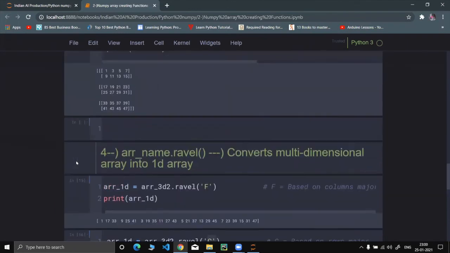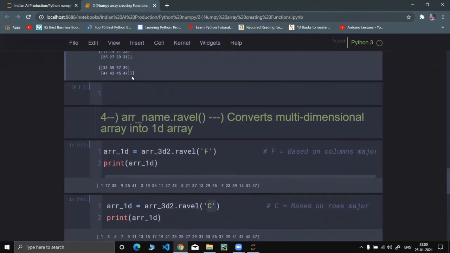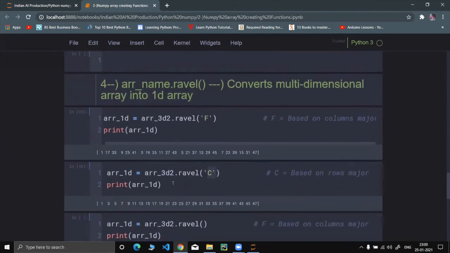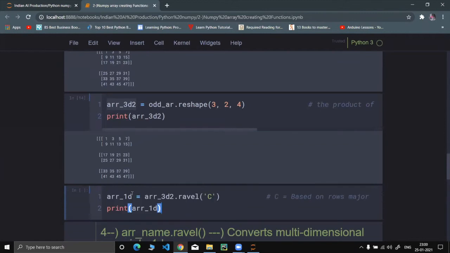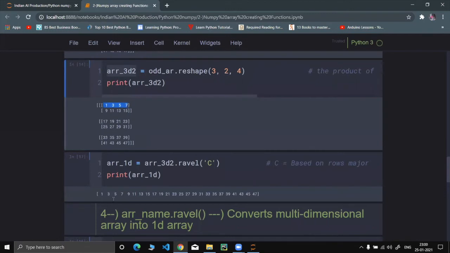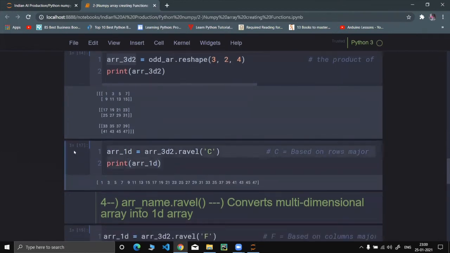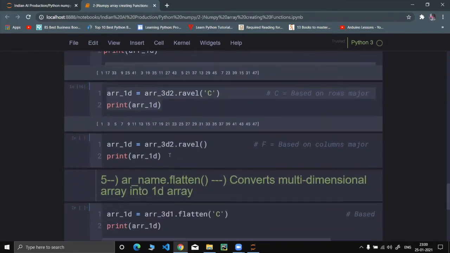So what it will print is, see, first row, then the second row, 9, 11, 13, 15, then the third row, then the fourth row, consecutive rows, one after the other.